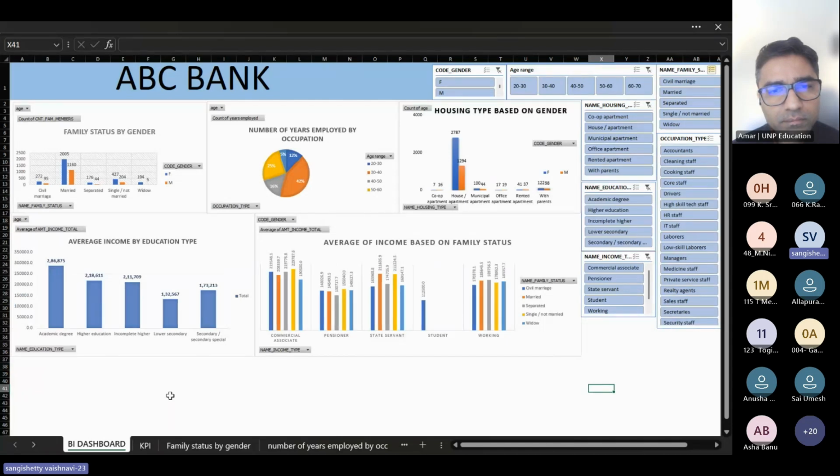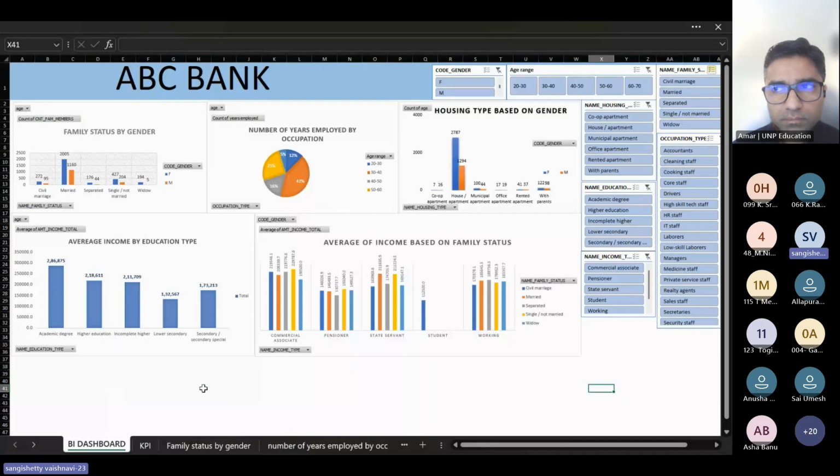This table shows the average total income for individuals based on their education attainment. So here I want to summarize this table. The academic degree individuals have an average income of 2,86,875, and higher education individuals have an average income of 2,18,611. Those who did not complete their higher education have an average income of 2,11,708, and secondary special individuals have an average income of